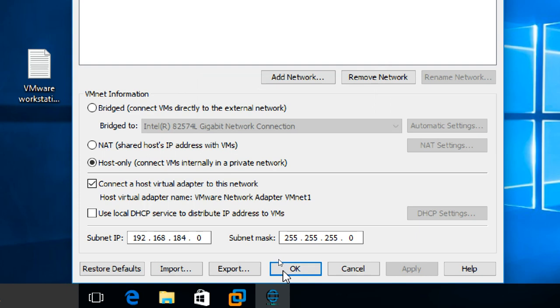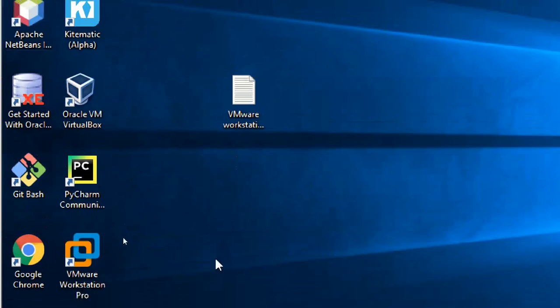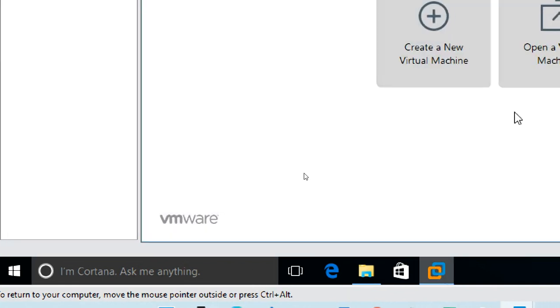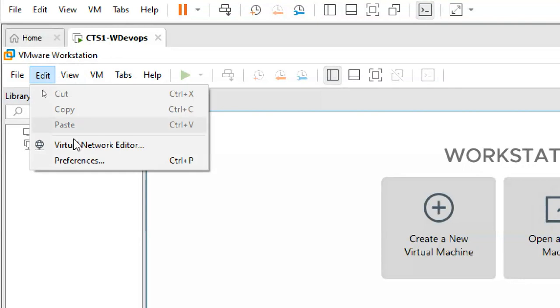Okay. So this area is compulsory. You have to do it. Otherwise, you will get a problem during your installation: network time, IP address connections, some issues are there. So those settings you have to do. What is that? Edit, Virtual Network Editor, then Change Settings, VMnet0, bridge it to your adapter.